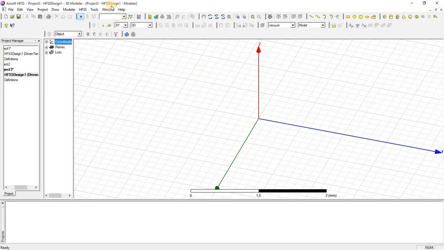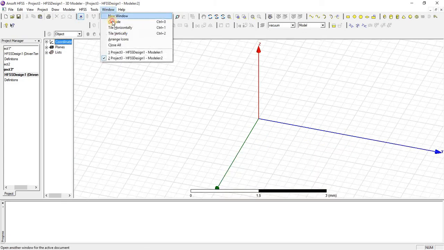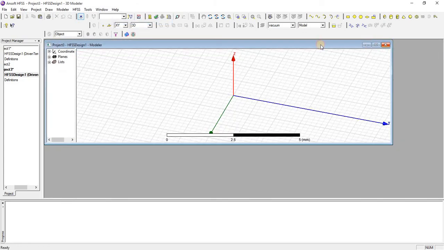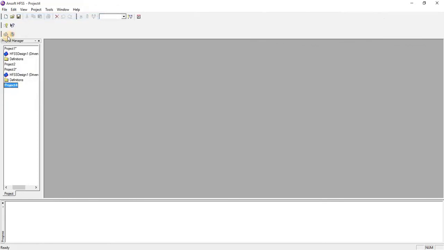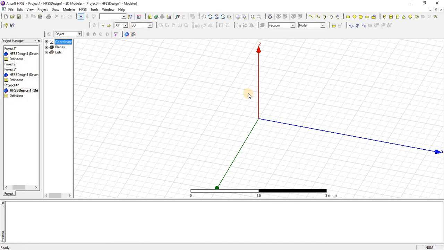The window will appear again. Just press New and insert HFSS.